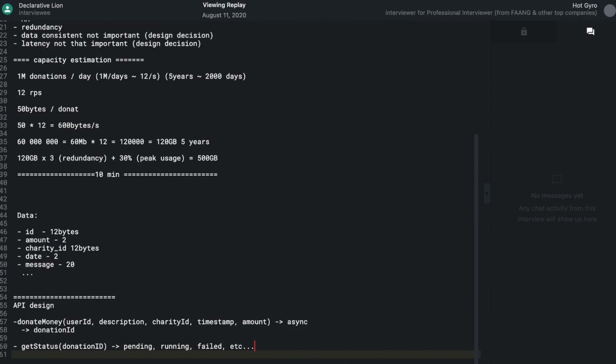And this manager can monitor the queue as well. If the queue gets too large, that means I have more requests coming in. Then this manager can do the auto scaling for me, right? I can scale up more workers. I can scale it down. I can make this service more elastic, right? So these are concepts that you can mention just to demonstrate a lot of this kind of distributed systems knowledge, elasticity, and things like that, right?